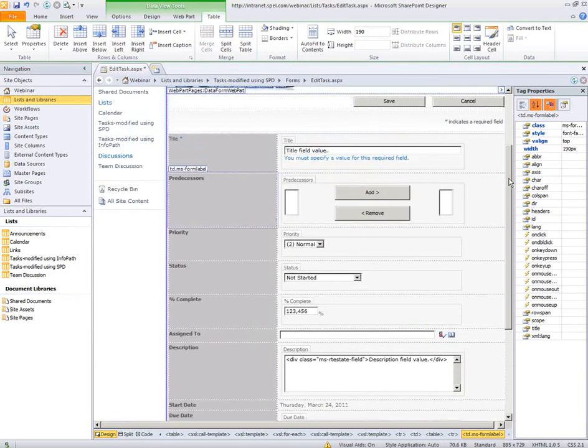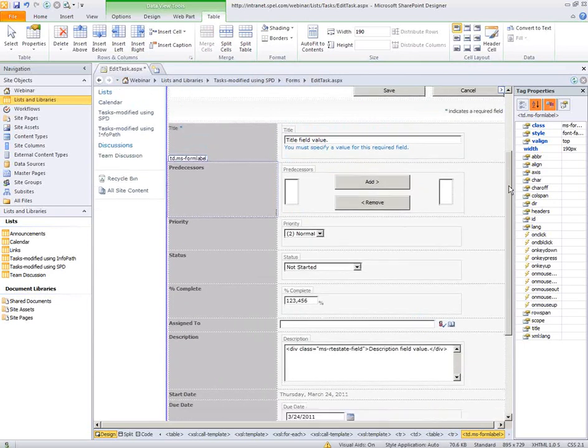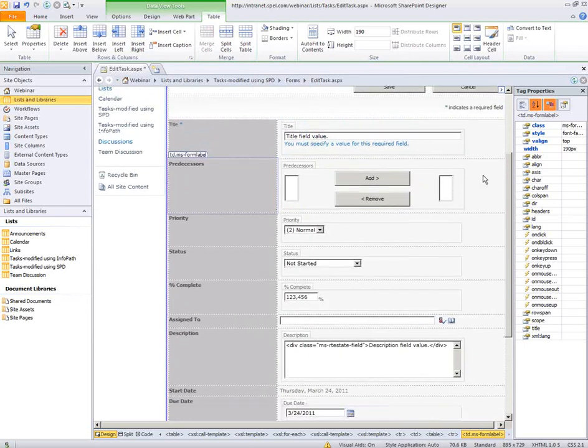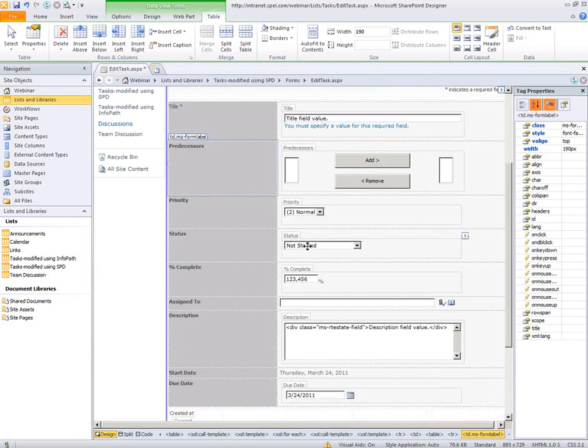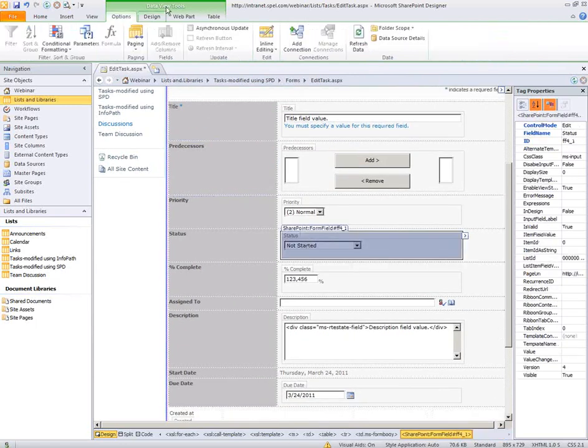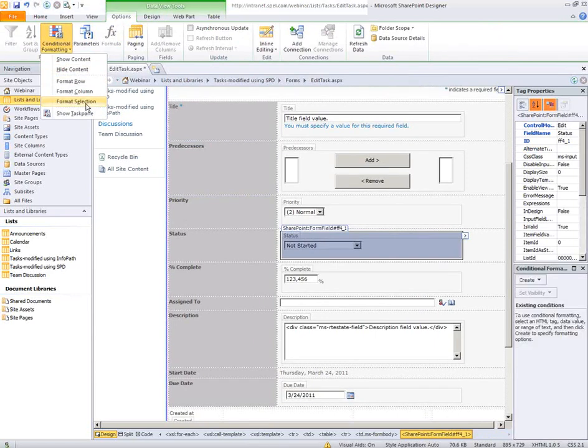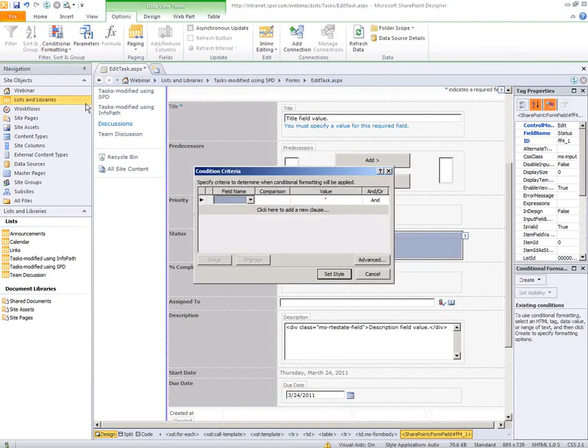Now, another thing that you might want to do, if you're familiar with conditional formatting, is you might say, let me go to the status field and go to options here and say, let's conditionally format this field. Format the selection. If you've never used conditional formatting, the way it works is you define a criteria right here and you set the style that it's going to change to if the criteria is true. Simple enough. Here you can say, for example, if status equals not started, do something, right? So you click on set style,